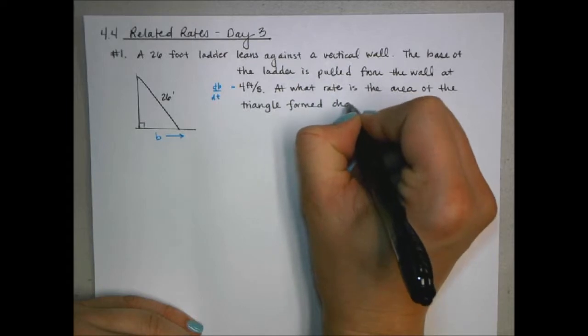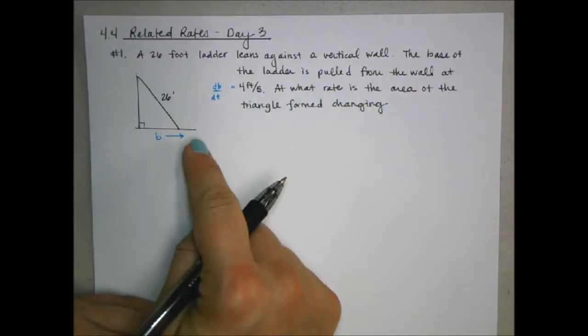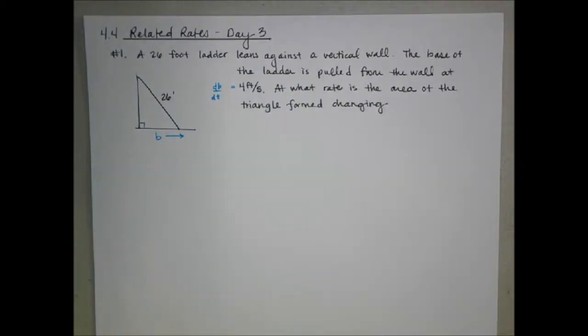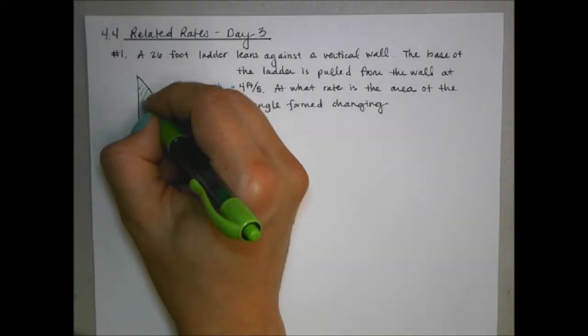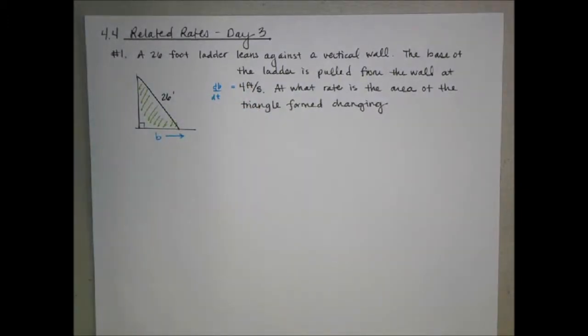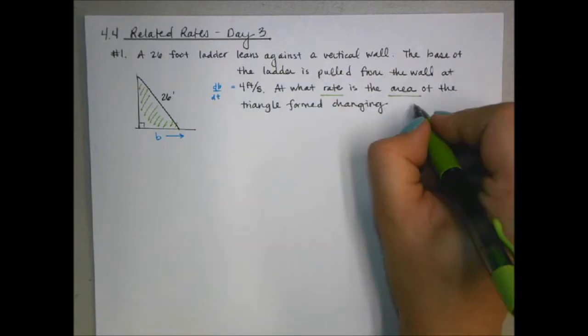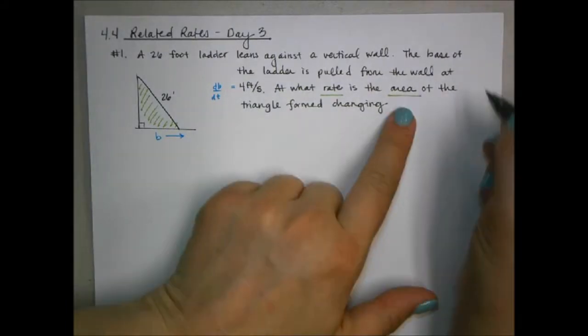So what's the rate of change for the area of the triangle? If you'll remember, we did this last time. We talked about the rate at which the area was changing here, and that's what we're going for again. What's the rate at which the area changes? So dA/dt